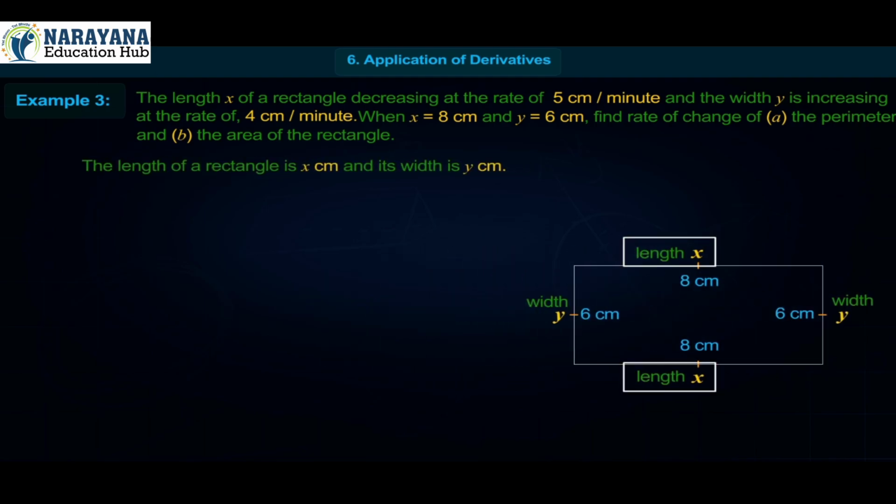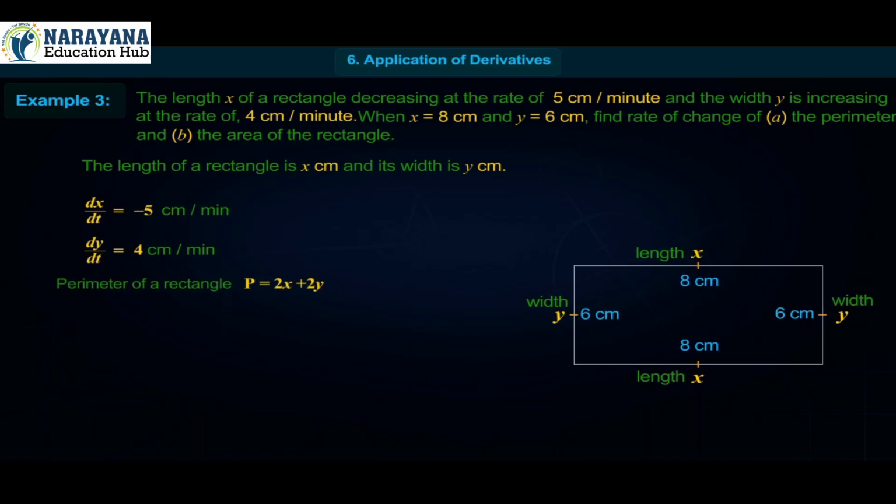Solution. The length of a rectangle is x centimeter and its width is y centimeter. Given that dx by dt is equal to minus 5 centimeter per minute,